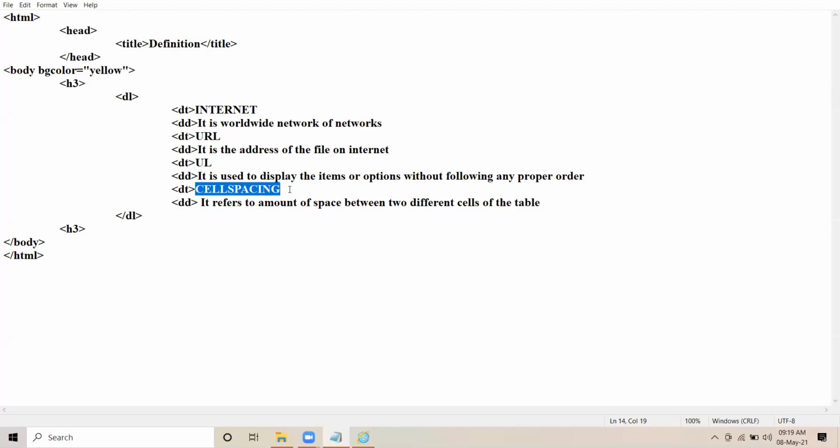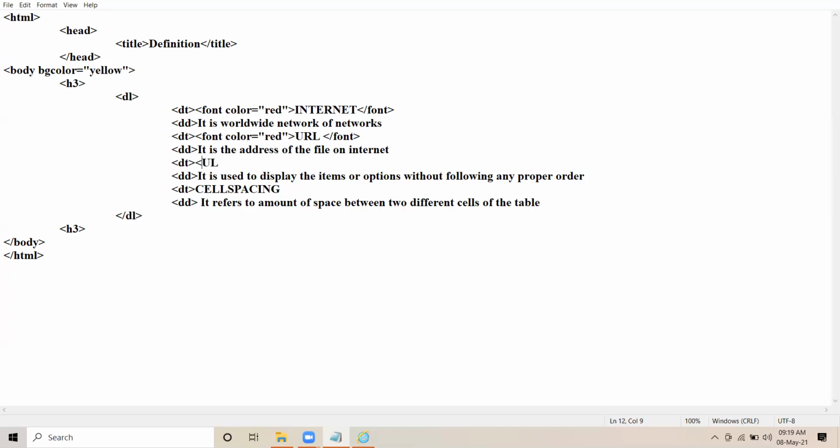All the headings, they should be in red color. So one option is you apply font tag over here, font color equal to red, and close the font tag. Right? This is one alternative you have. Close the font tag.